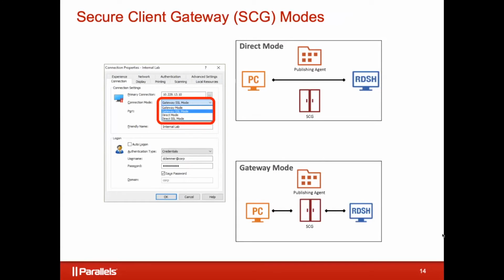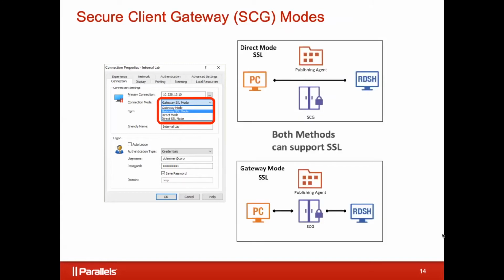Well, in direct mode, you'll notice if you look at the chart a little bit, the end user device, that RDP connection, and yes, we're using the RDP protocol, is directly connected to the remote desktop server, right? So the Secure Client Gateway here is acting like a traffic cop. It's saying you client make an RDP connection directly to the remote desktop server, and the gateway is not in the critical path, okay? The gateway mode means that the Secure Client Gateway is actually tunneling. It's creating an abstraction layer. So for the end user to get to the remote desktop server, they have to tunnel through the Secure Client Gateway component.